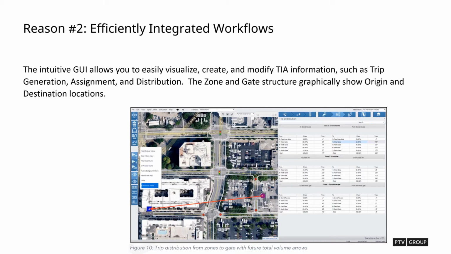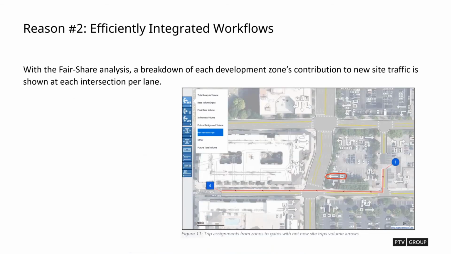So if you tab out and make a change, all of your assignments and all of your intersection analysis are updated as well. Lastly, I'd just like to point out from these workflows the integrated nature of the fair share. So whether or not you have something more sophisticated than a fair share analysis for allocating mitigation responsibility, you can still use the fair share analysis to track trips by specific project type. And in Vistro, all of that is tracked through our reporting within the network graphic, as you see here, or within our